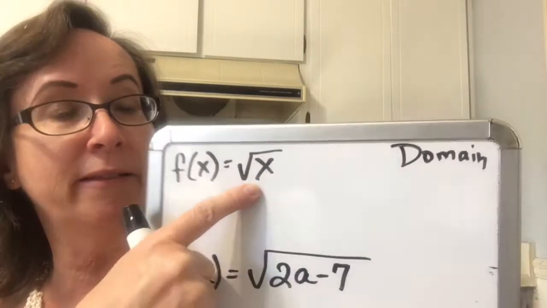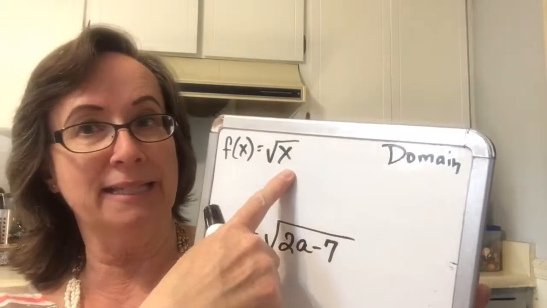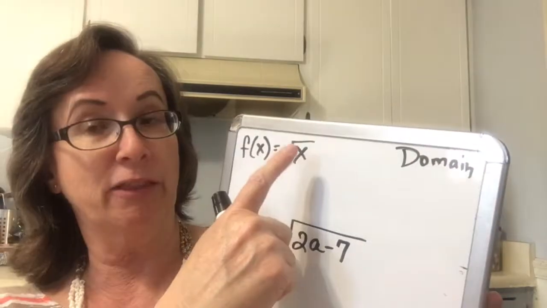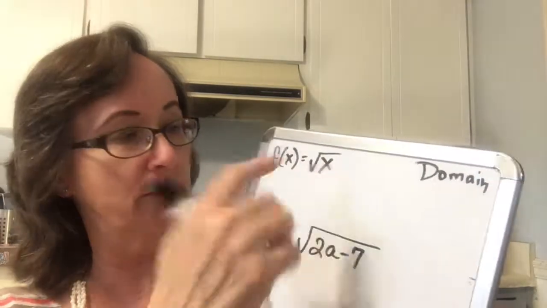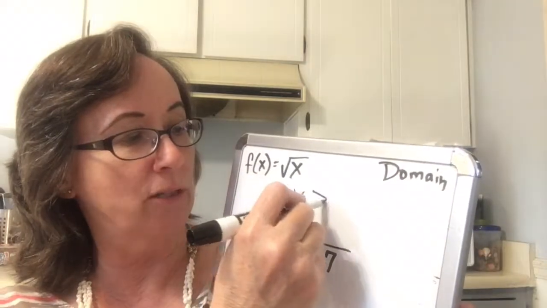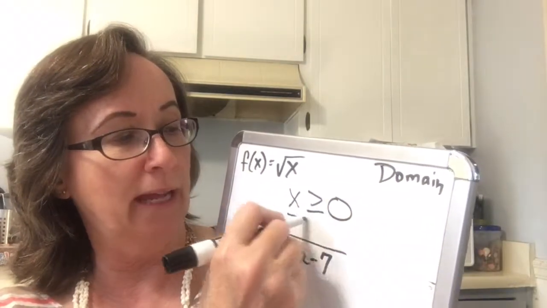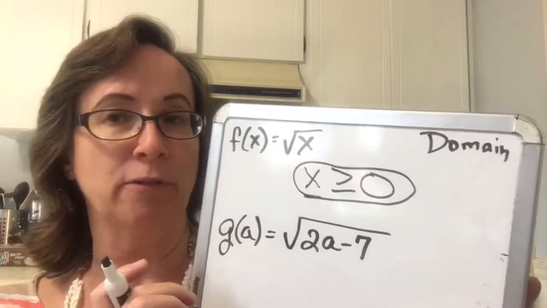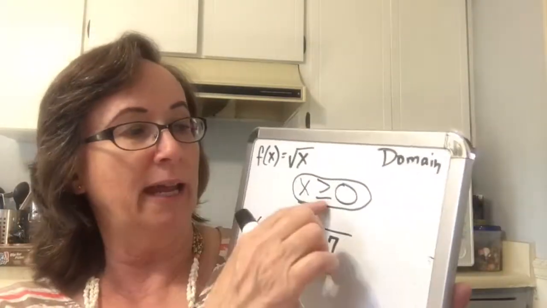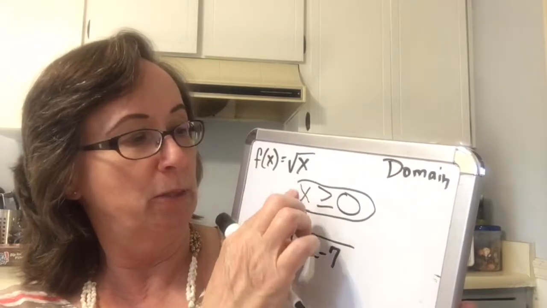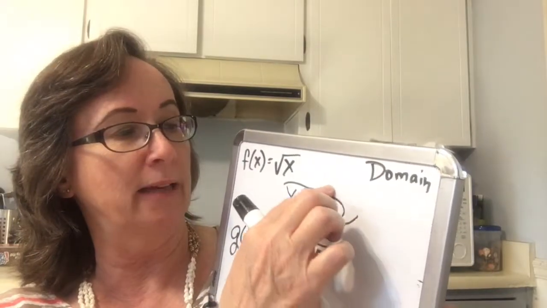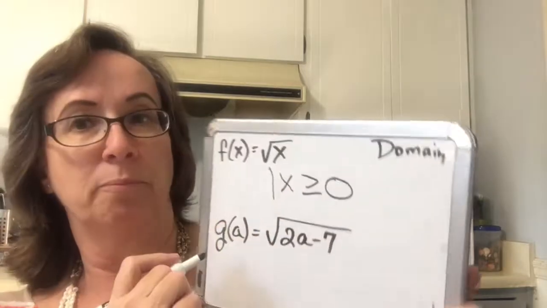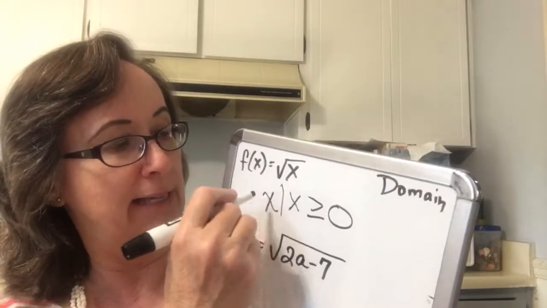So in order to find the domain, we set this number underneath here, which is called the radicand, remember? So we set the radicand greater than or equal to 0. So x is greater than or equal to 0, and that is my domain. That is my restriction on x. So now, remember to put it into proper set notation, all I have to do is put a little bar in front and put x such that,